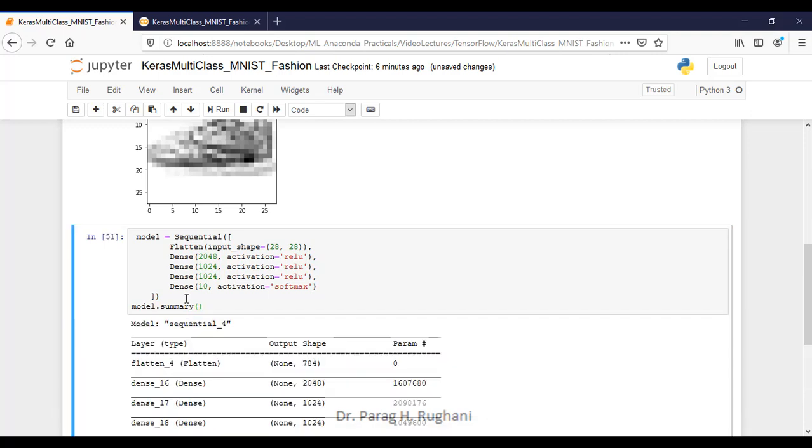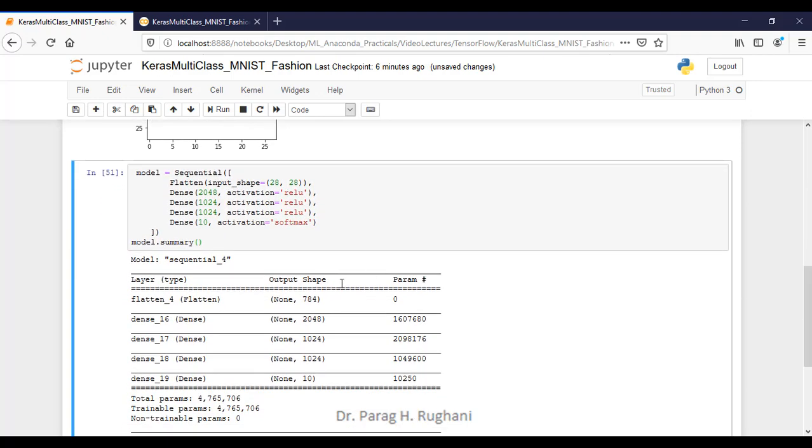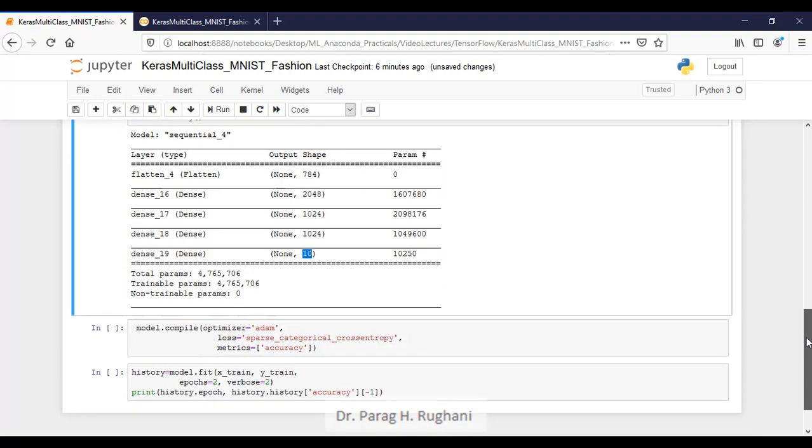So you can see the summary here, and you can see the different layers. First is 784, and the 784 is nothing but the multiplication of the input shape 28 by 28, and then you have the layers 2048, 1024, 1024, and the final layer is 10. After seeing the model and its summary,